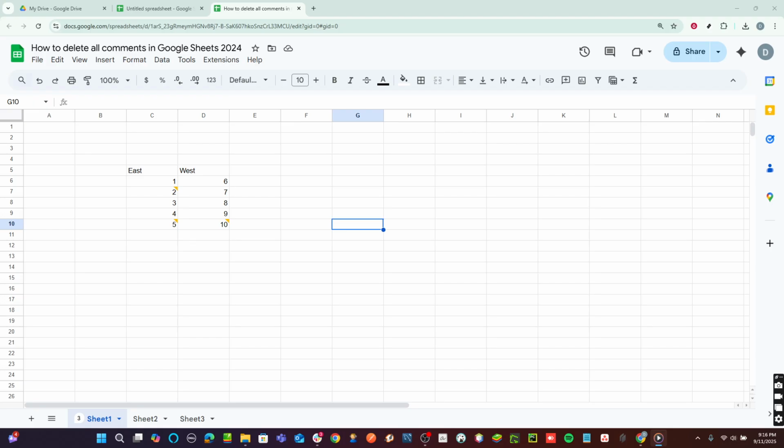Once you've located a cell with a comment, go ahead and select it by clicking on it. When you do this, you should notice that the comment associated with the cell becomes visible. This is crucial because the next steps will revolve around the comment itself. Now hover your mouse over the cell with the comment. As you do this, a message window will appear alongside the cell, allowing you to interact significantly more with the